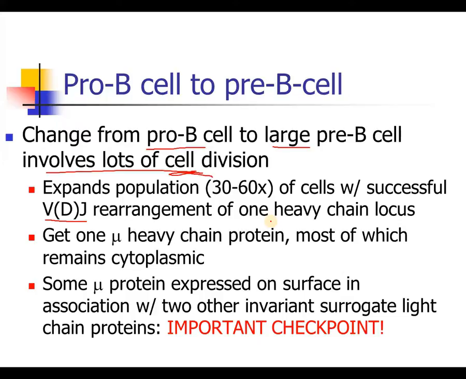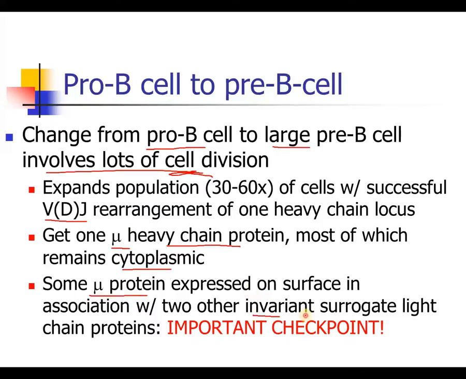So, one allele from one parent, the gene loci will rearrange as was just described in the previous recording. You'll get one mu, always the first, heavy chain protein. Most of that is actually going to stay within the cytoplasm of this developing B cell. Some of the mu protein is going to be expressed on the surface of the cell in association with two